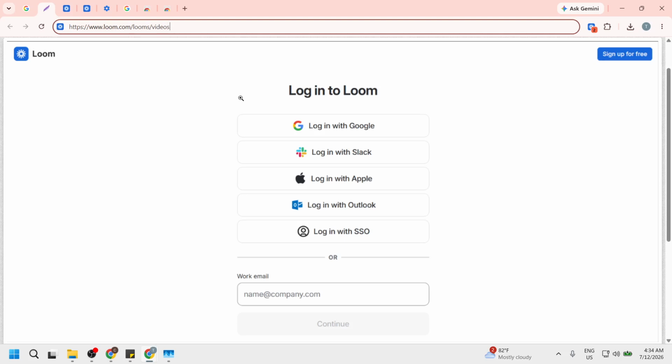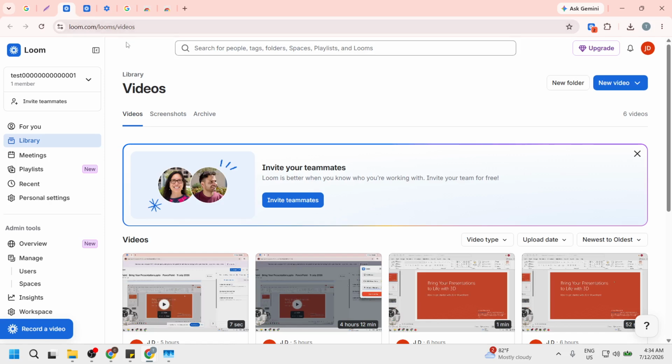Enter your email and password in the designated fields. If you have trouble remembering your password, most platforms provide a password recovery option. After entering your information, click the Login button. This action is important as it connects you to your personalized Loom dashboard. Once logged in, you may see your videos, recordings, and other important data. This reassurance helps you feel confident that you're in the right place to troubleshoot the loading issue.